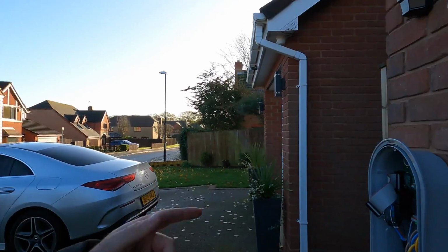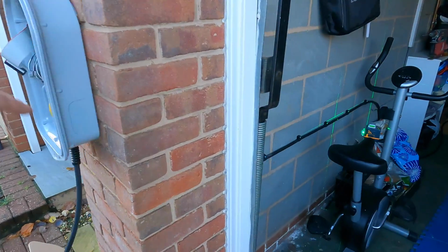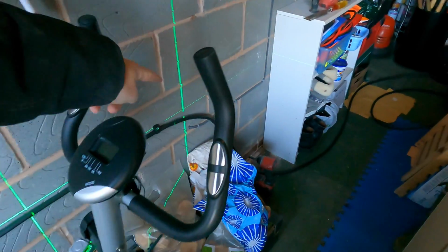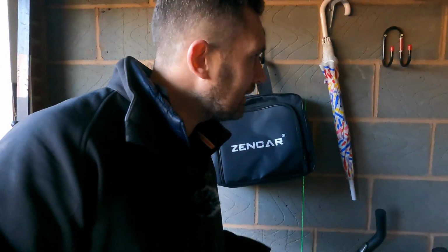Okay, so we've got the Zappi all mounted up, and we're running through now all of the Ultra EV cable going down, all cleated along, all nice and level. Handy to have a little bike machine there to hold the level. And I've also, like I say, just ordered that last night for my EV